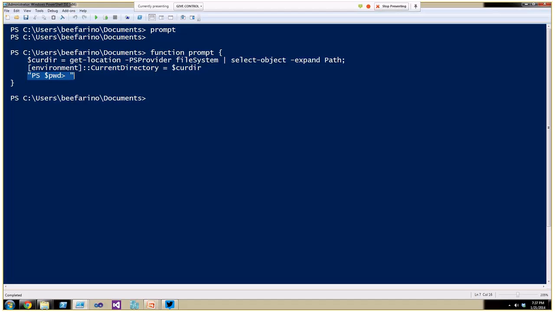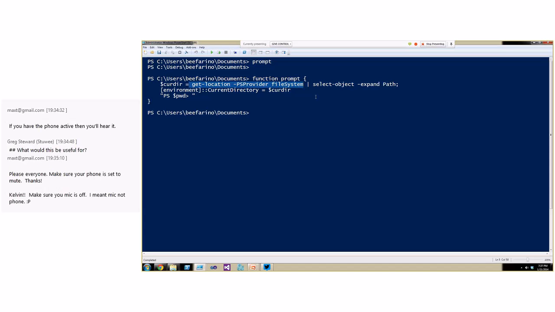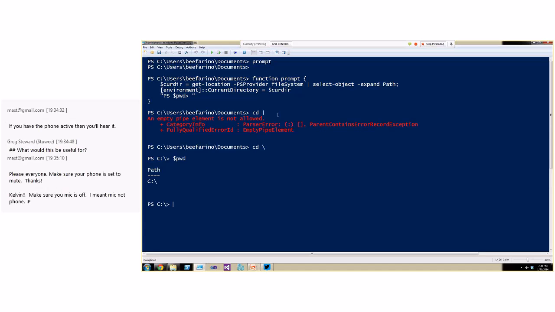The interesting thing is what happens before that prompt is returned. I have two statements here. The first one gets the current location on the file system provider. So I'm literally asking PowerShell, what is the current location for the file system provider? Then I get the full path for that location, and I forcibly set the current directory for the process to that value. And the net effect of this is that as I bounce around the shell,